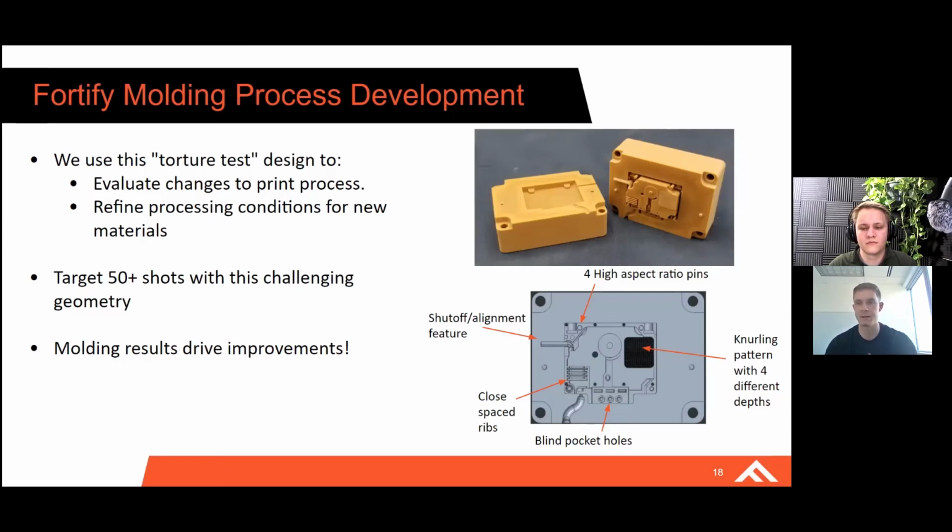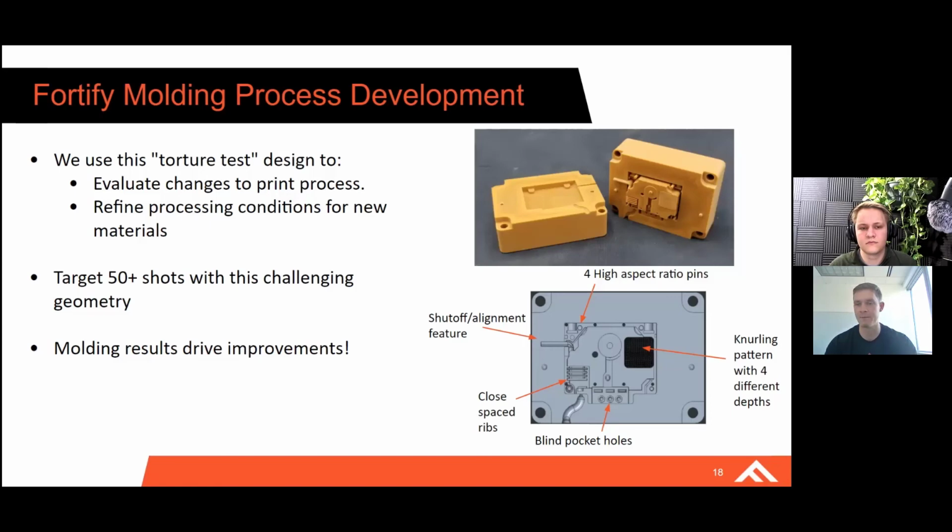And that's going to tell us, hey, was this a good material? Was this a bad material? Good process, bad process. So some of the things we're looking at are like high aspect ratio pins. They're going to range from 1/2 degree of draft to 2 degrees of draft. We have a very tight knurling pattern that really helps us identify if our printing process is giving us good